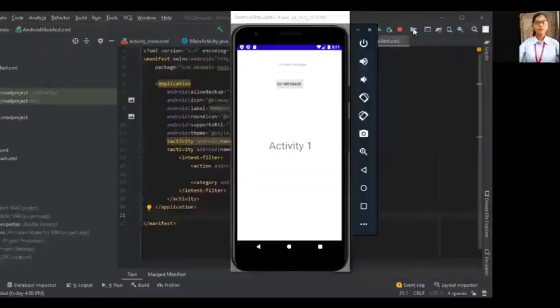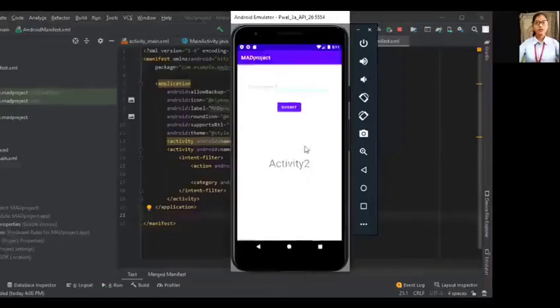Now this is the emulator, and this is activity 1. It includes one button and one text view. Here we click on Get Message and then we move to activity 2. Here there is one edit box.